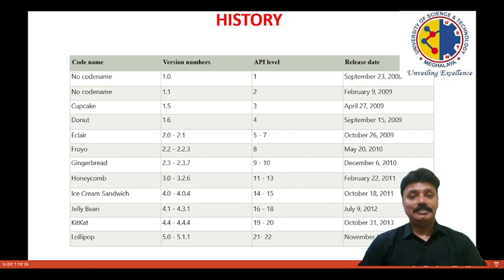If you look at the history of Android, the initial version was September 2008, API level, or application programming interface level 1, version 1.0.